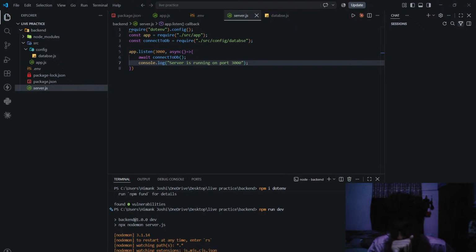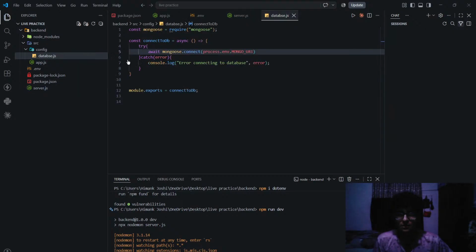Okay, it's not connected to our database. Mongoose.js. I have it mongoose.connect process.env. So